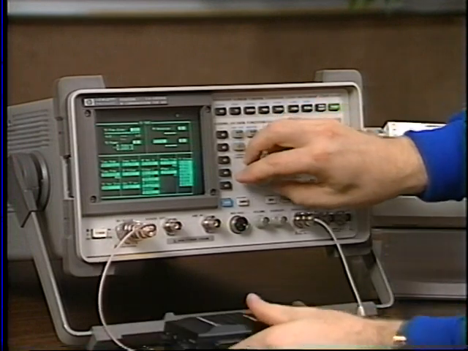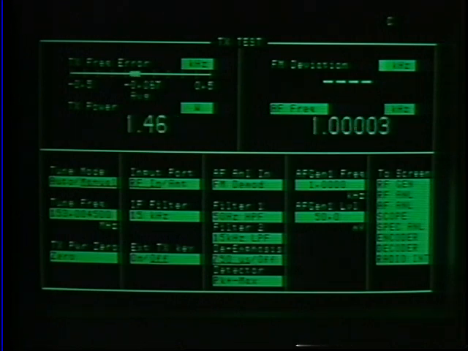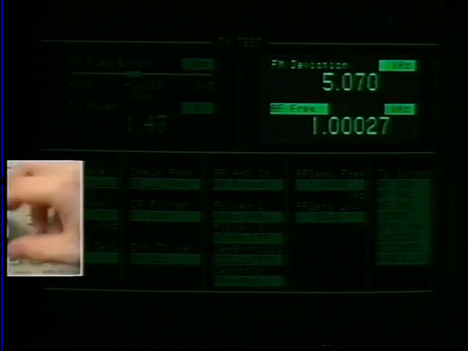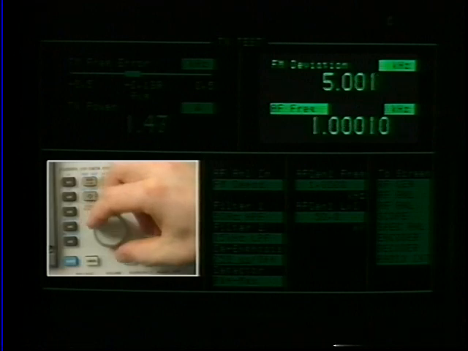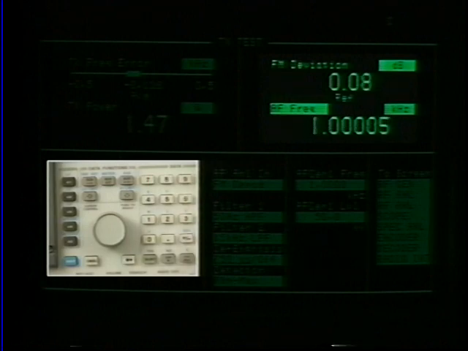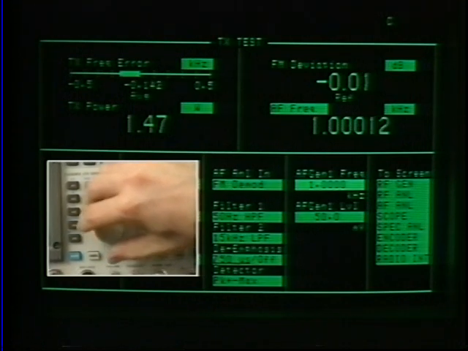Another useful attribute is the reference set capability. You can use that capability to make relative measurements on any signal, for example, transmitter frequency audio response using the FM deviation signal. To make an audio response directly on the front panel, simply put the cursor in front of the FM deviation, hit Shift, Ref Set, and Enter to zero that, dB relative to the reading at 1 kilohertz, and then vary the audio frequency